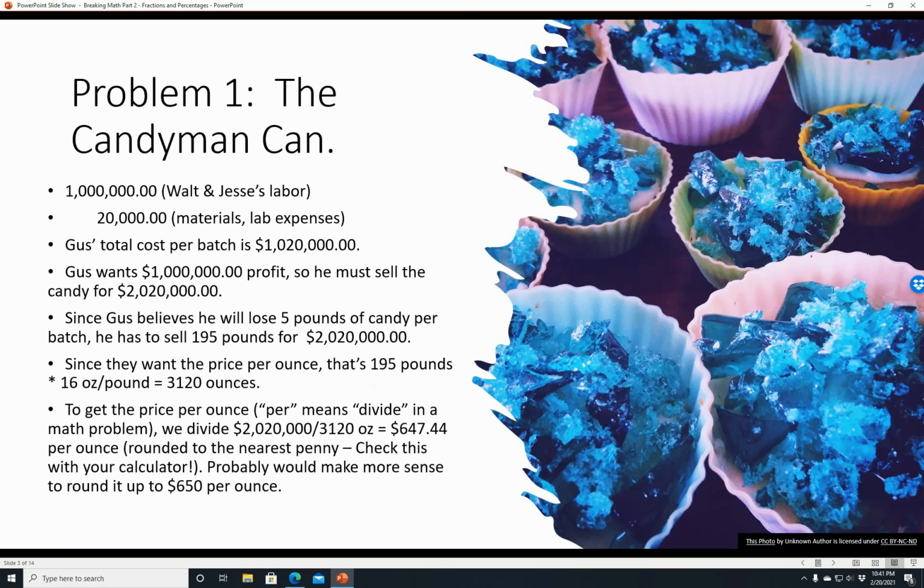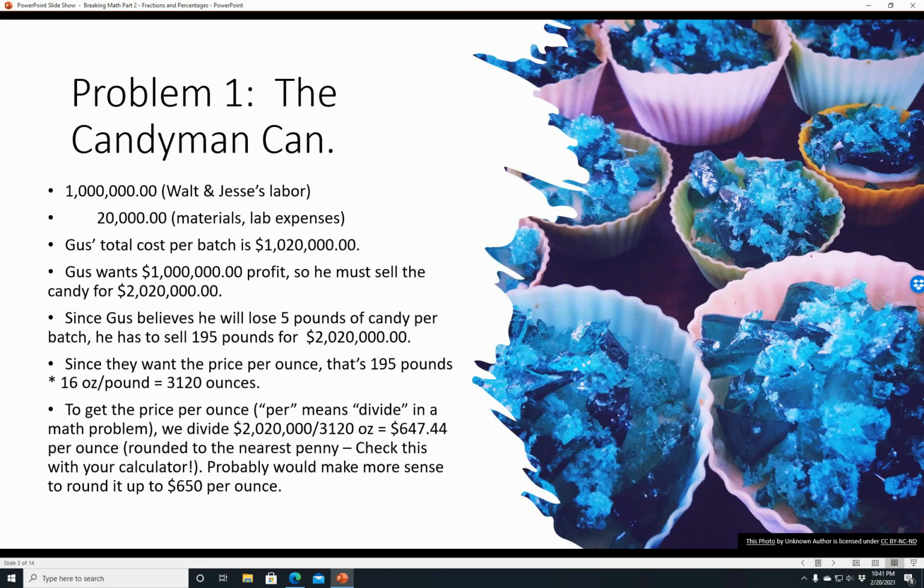$1 million. So we know Walt and Jesse's labor costs $1 million per batch. And then $20,000 in materials and lab expenses, etc. Sorry I didn't put the dollar sign there, but you'll just have to forgive me. Gus's total cost per batch is $1,020,000. Gus wants $1 million in profit, so he must sell the candy for $2,020,000. Since Gus believes he will lose 5 pounds of candy per batch, he has to sell 195 pounds for